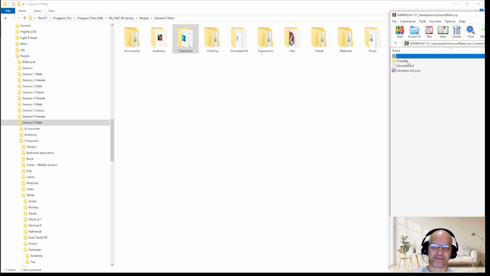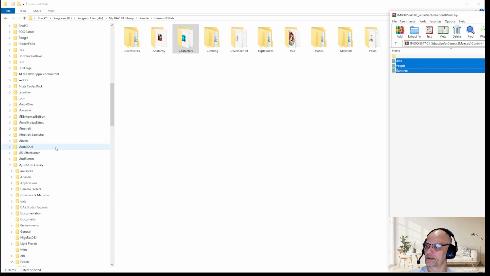And to me, Cherubit tells me nothing. So I would rather have a folder called Sebastian, which is logical, rather than a vanity folder here for the manufacturer name. That means I need to remember the name of the publisher. But if you did just drag it across the whole thing without breaking it into parts, that's obviously quicker. What I could have done is just grabbed all three of those and dragged them in and just dropped them at the root level of